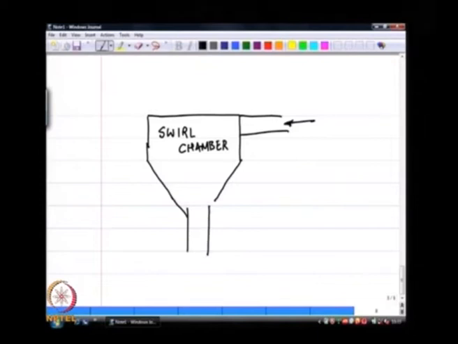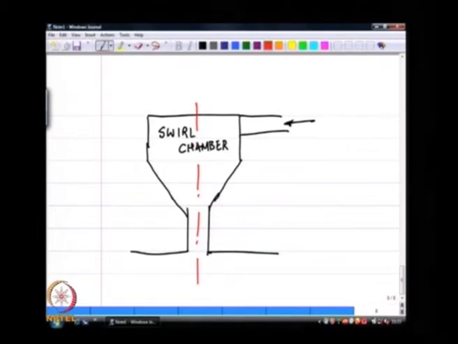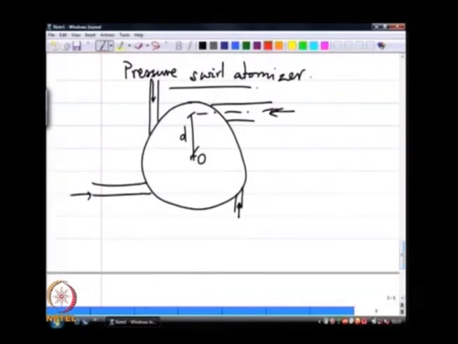There is usually a contraction passage. So, all of this, the rest of this nozzle, is axis symmetric. So, this is the simplest kind of a pressure swirl atomizer that you will find. Okay, so, if I go back to this case